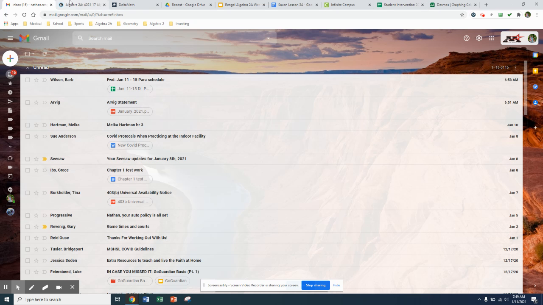Example 6 is just going to be another graphing example. It's very similar to day